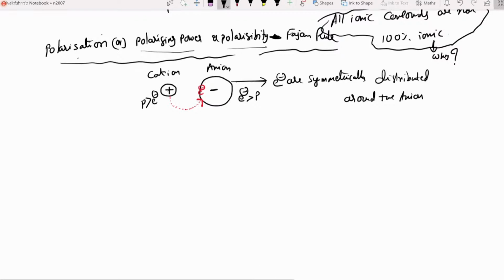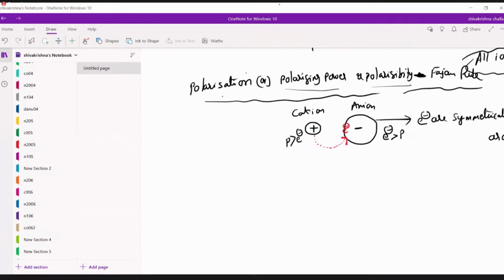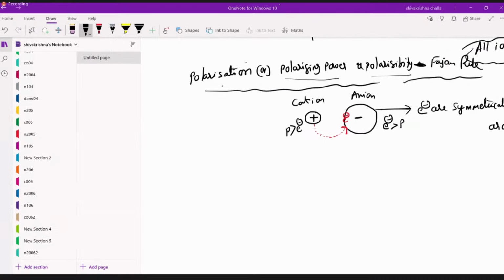Anybody having doubts? Yes, Yoganand Reddy. Sir, can you say the relationship between conductivity and size of ions? Sir, conductivity and size of ions I will discuss after this. Okay, sir. If you want, I will discuss it also. But did you get it in your periodic table lesson or not?